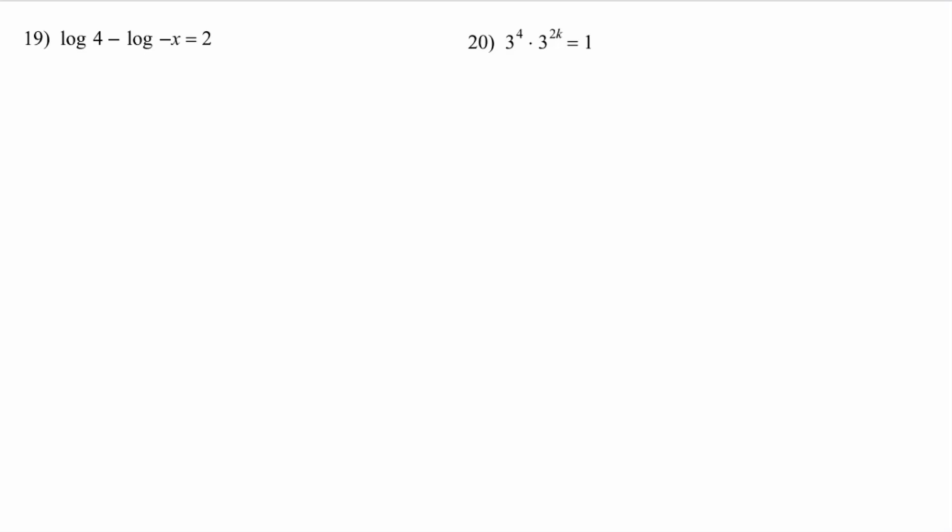We've got a minus sign, so we should rewrite this as log of 4 over negative x. And you might be thinking, well, it can't be negative x, can it? Because logarithms can't be negative, but that means that the numbers we can plug in for x, the numbers that might work, are negative numbers this time instead of positive numbers. It's kind of weird, but